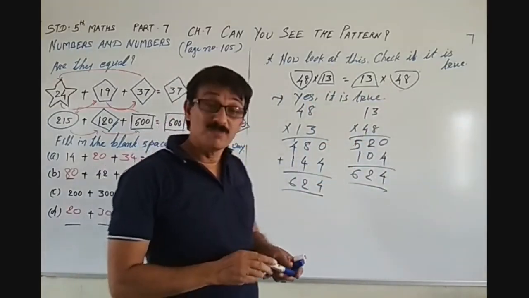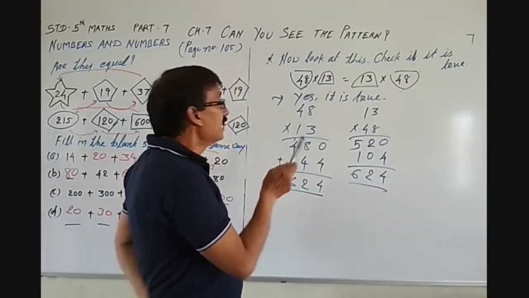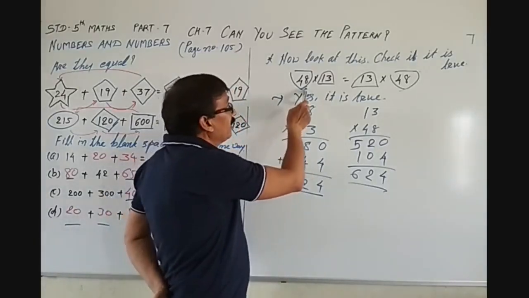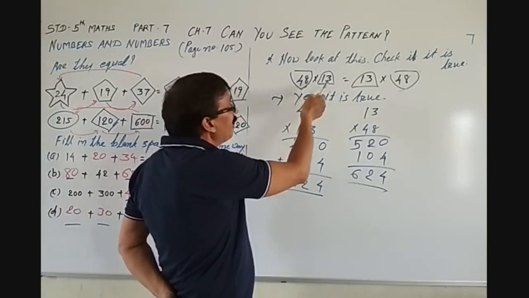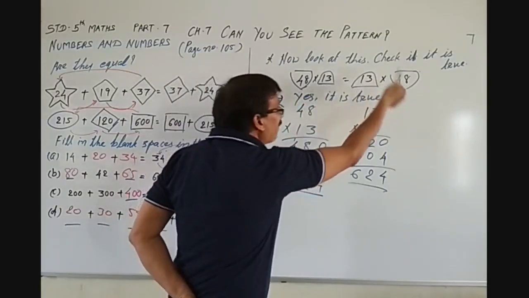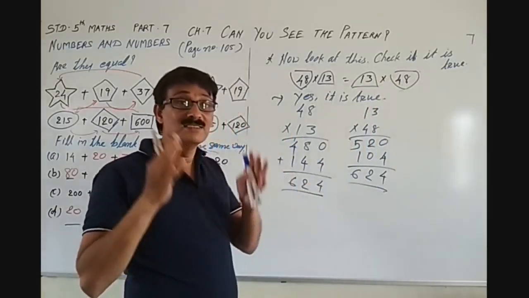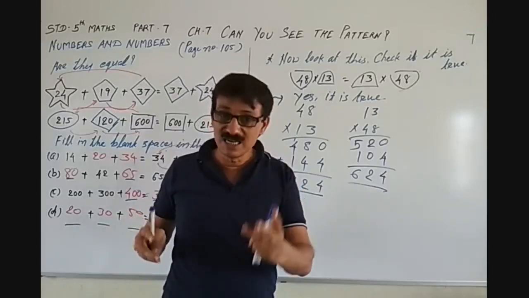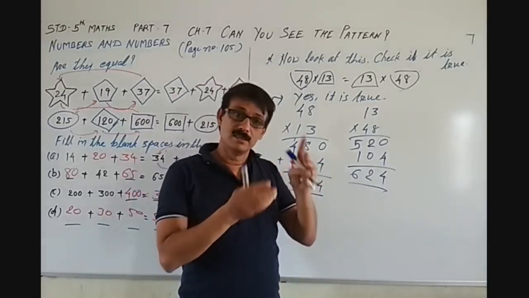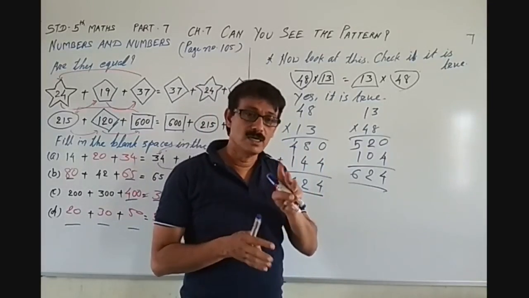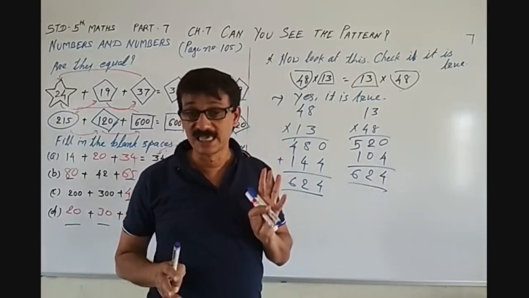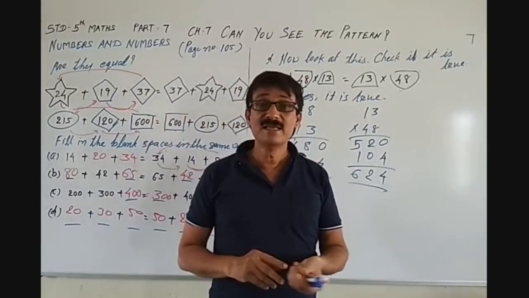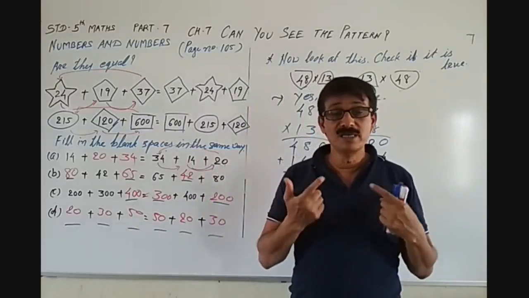Okay, so from this exercise we come to know that if we multiply 2 numbers, 3 numbers, whatever it is, say if we multiply 48 by 13 or we multiply 13 by 48, the answer remains the same. The multiplication answer remains the same. Let it be 3 numbers also. If you multiply anywhere, change the order, the answer will remain the same. That is what we conclude from this exercise. With this we are ending this part and will meet you in the next part.